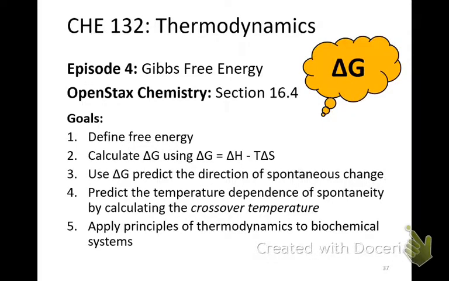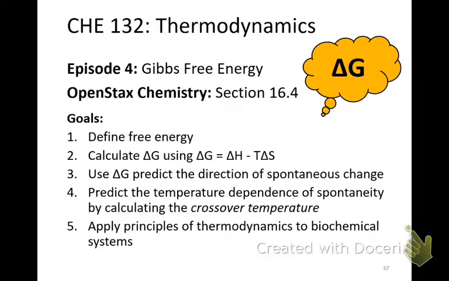In this session, we're going to talk about Gibbs free energy. You can follow along in OpenStax Chemistry section 16.4. Now, this video, as well as the next two, are all going to be about section 16.4. So the purpose of this video is just to define free energy, calculate it using this formula delta G equals